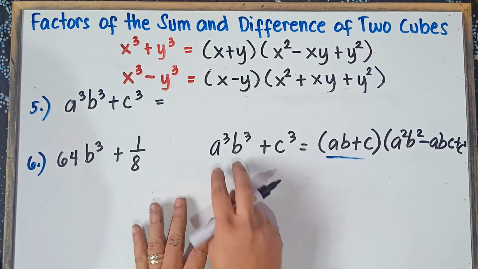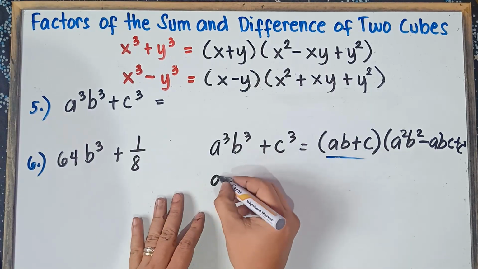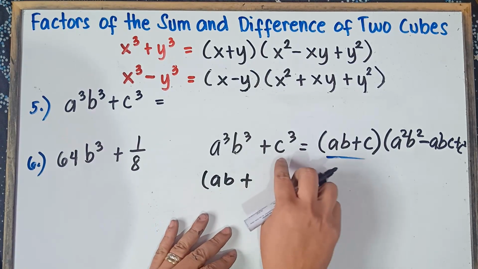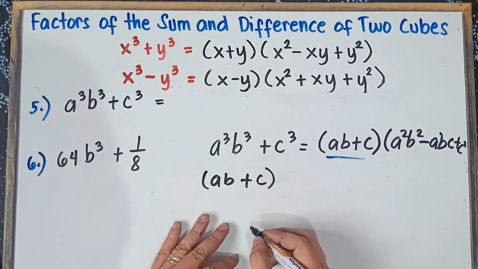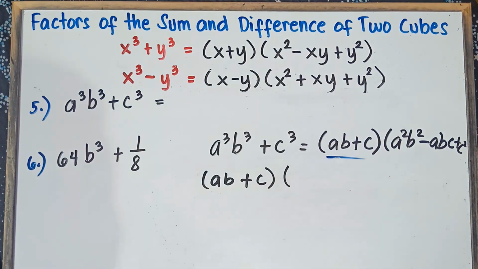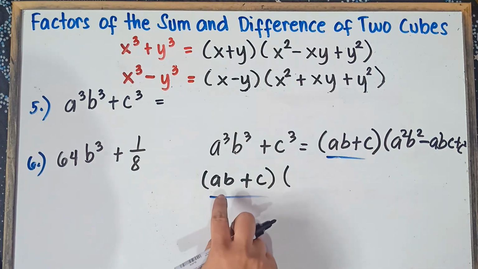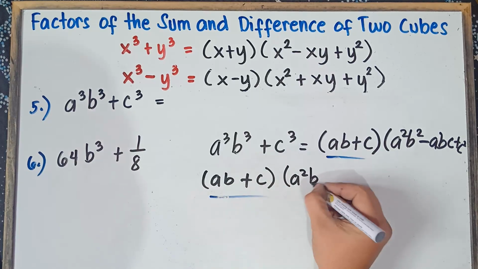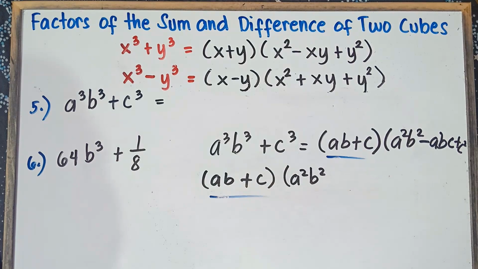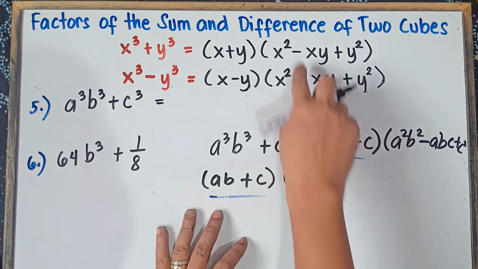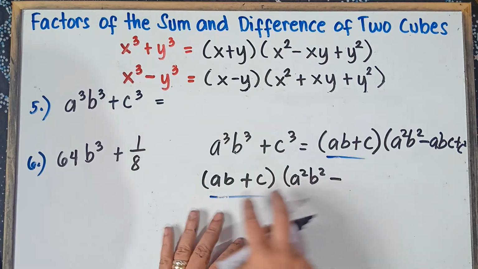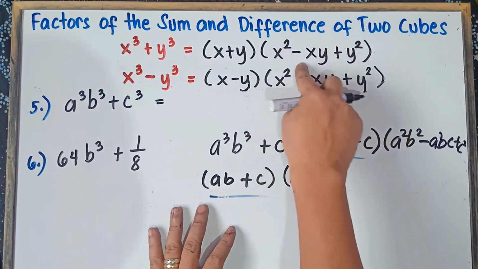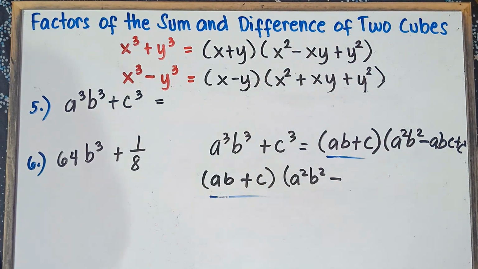So once again, cube root of the first term. So this will be a and then b. Copy plus sign, cube root of the second term, the cube root of c cubed, that would be c. Alright, so this will be our guide, our first factor. Get the square of the first term, ab times ab, that would be a squared and then b squared. And then our next step, once again, our second operation, that would be minus sign. If you have plus sign on your first factor, your second factor must be positive, negative, and then positive. It should be alternate, class.